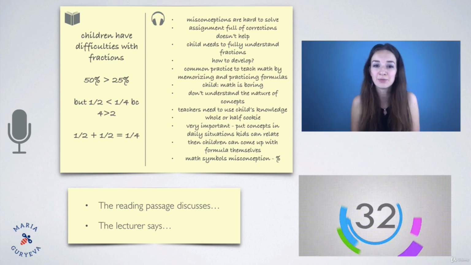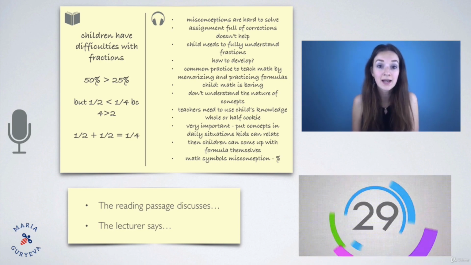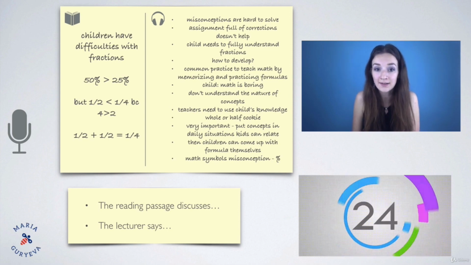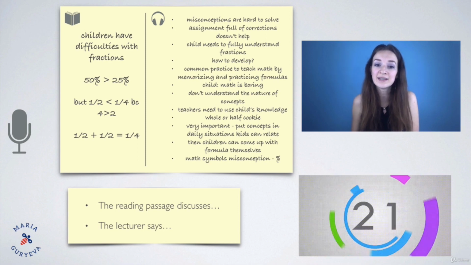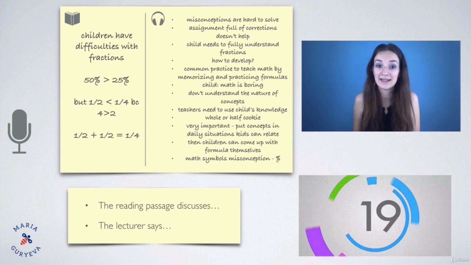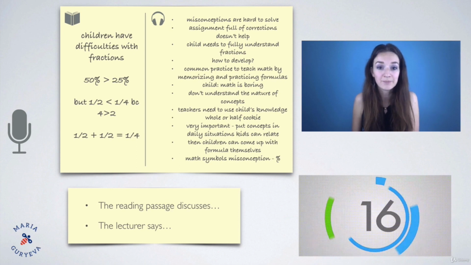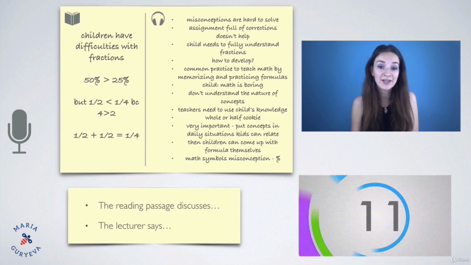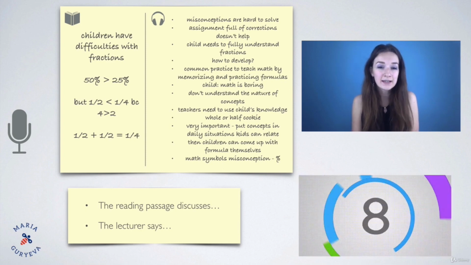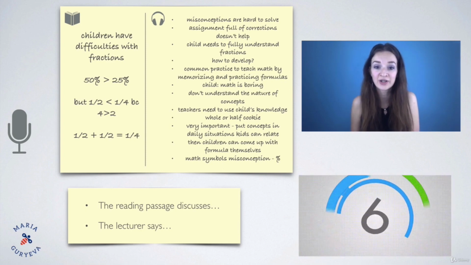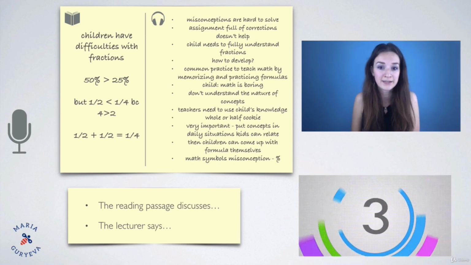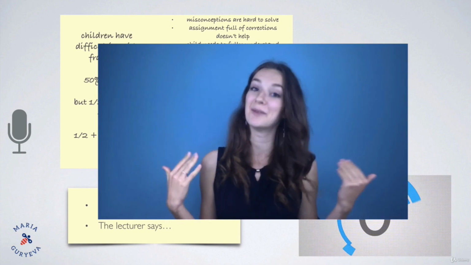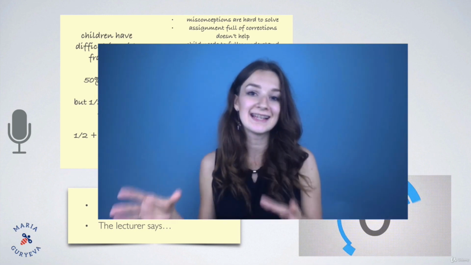It is a common practice to teach math by memorizing and practicing formulas. So the child starts to think that math is boring because he doesn't understand the nature of concepts. Teachers need to use children's knowledge. For example, any child can understand the difference between whole cookie and half cookie. So it is important to put concepts in daily situations that children can relate to. Then children can come up with formulas themselves. It is also a common misconception among teachers that children understand math symbols such as a % symbol, which is not true. Alright, so that was a sample response from me, and you saw that during the 60 seconds I